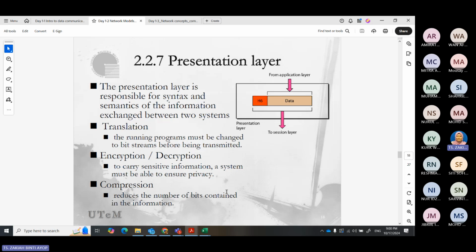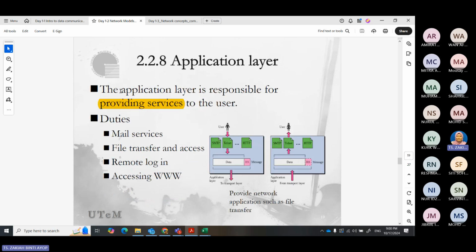If you do some compression like a zip file, they would reduce the bits first, and after it is received, they need to decompress it again. Lastly, the application layer. The application layer is responsible for providing services to the users.